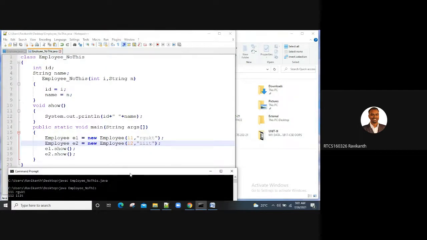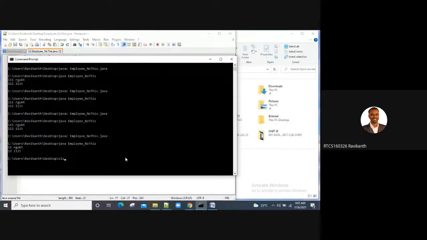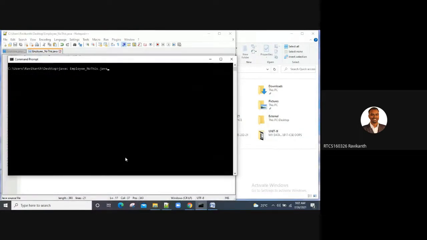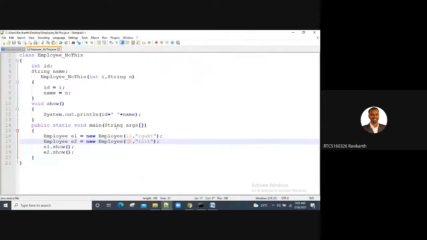There is our file, employee underscore know this dot java. Still we are getting the same result. But an object has to be created for this. How come it is taking the same?